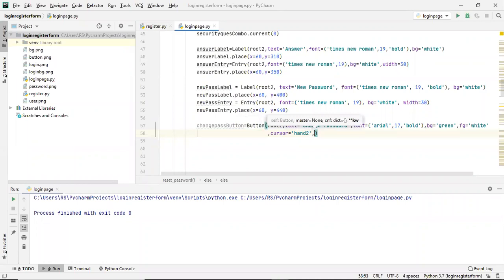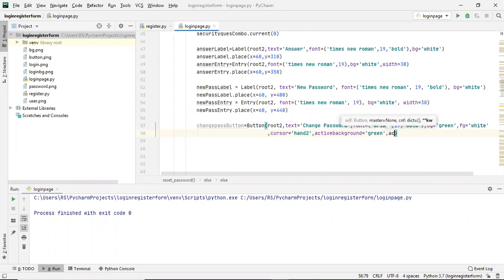Then similarly I'll provide active background, which will be similar to the background color green. Okay, so that when you press your mouse button on that button, then also you will see this green color. That is what this active background color means.